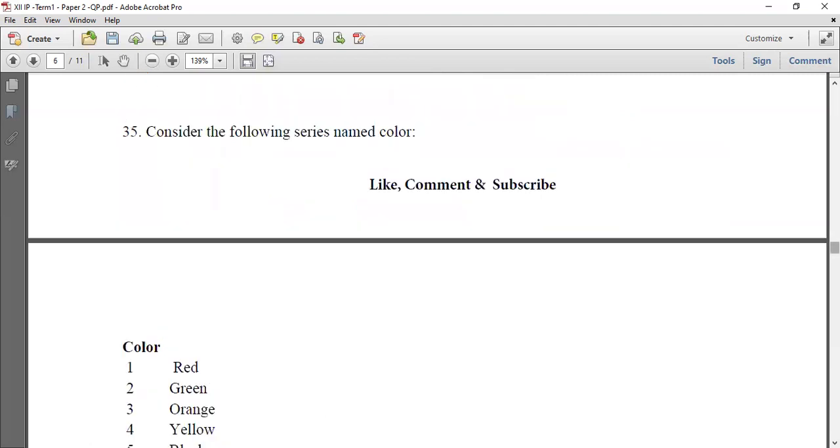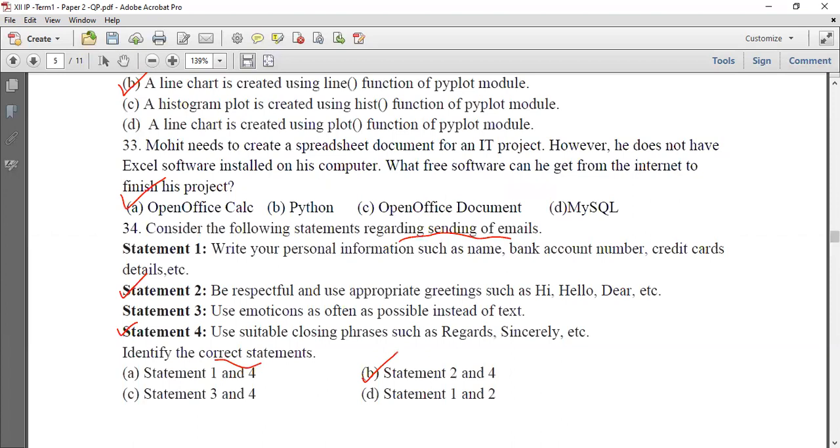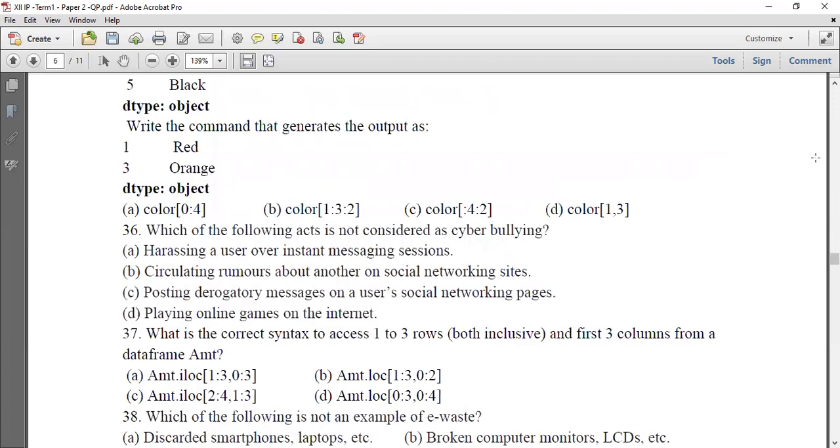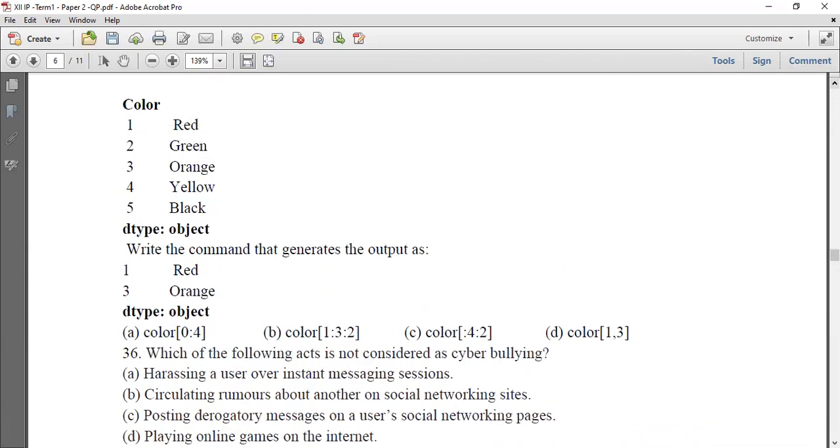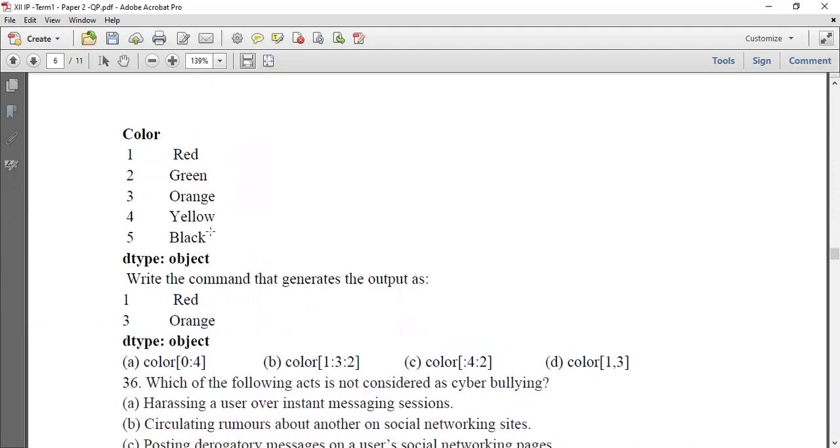Consider the following series named color: red, green, orange, yellow, black. You want to obtain the given output, red and orange.